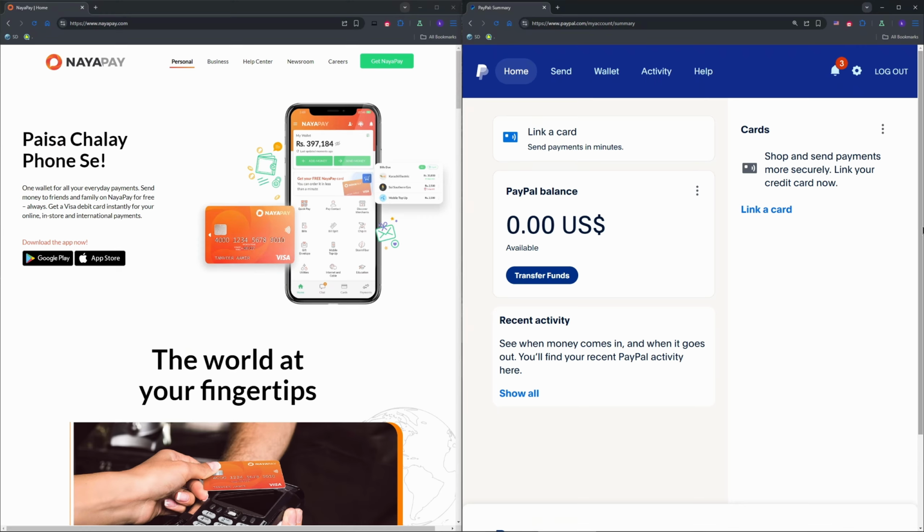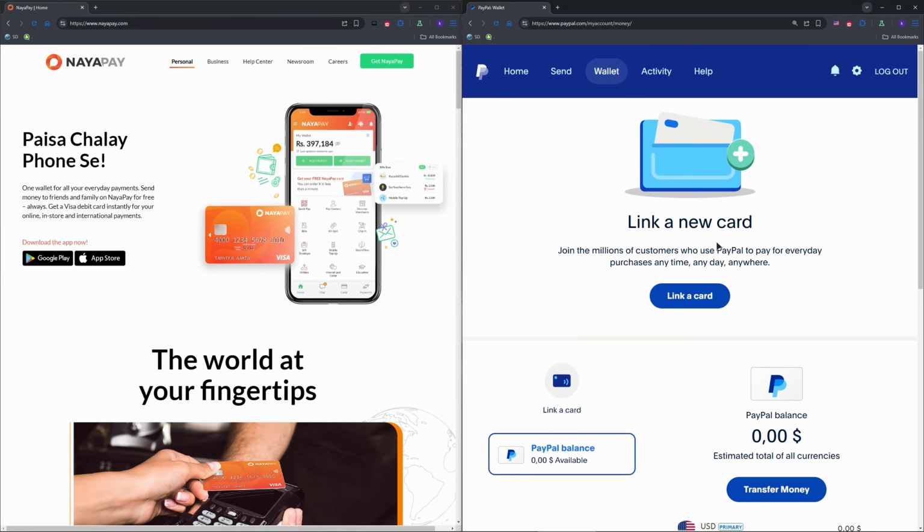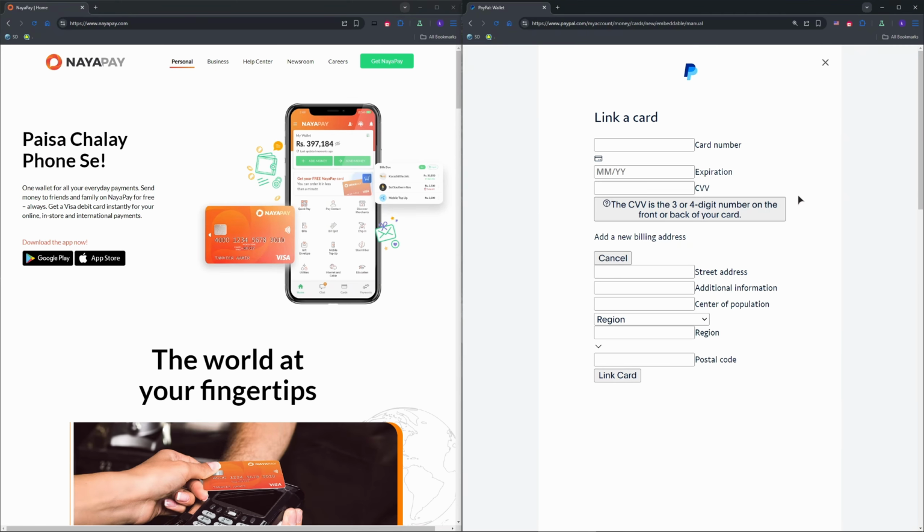So you need to log in to your PayPal. As you can see on the right, I've already done that. To confirm your PayPal balance and ensure your bank account is linked, go to Wallet, and link a bank. Now you need to link a card by pressing this button. In here, as you can see, you type in your bank details and the details of your card number, etc.